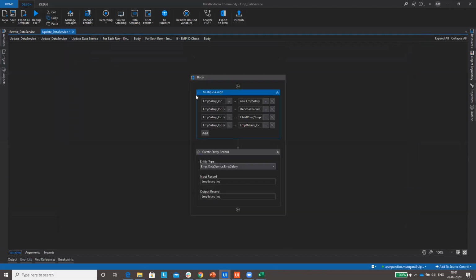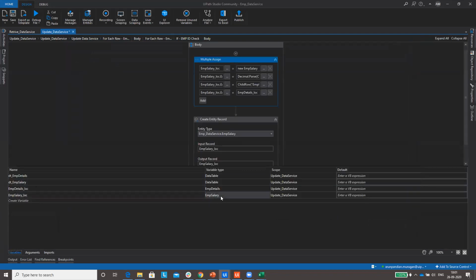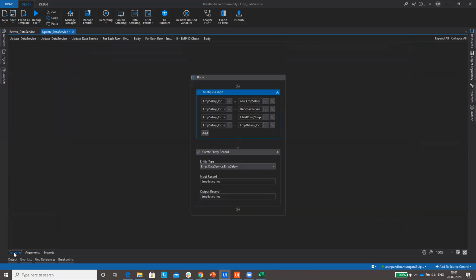Okay. So what we have done here is, first we are supposed to create that variable of our data type. This is a custom data type which we have created with the help of a data service. Now we'll just create that. We have created the variable and we'll just initialize the variable. Normally we do that for a data table, right? The same operation we are doing here. We are just initializing the variable. Next, we'll just add the data to it.